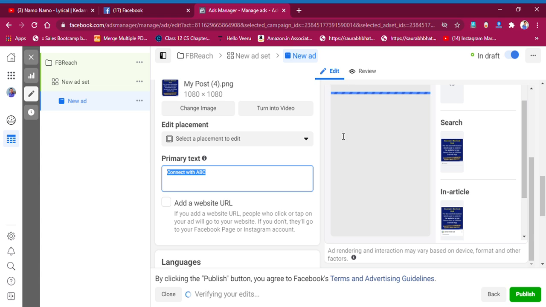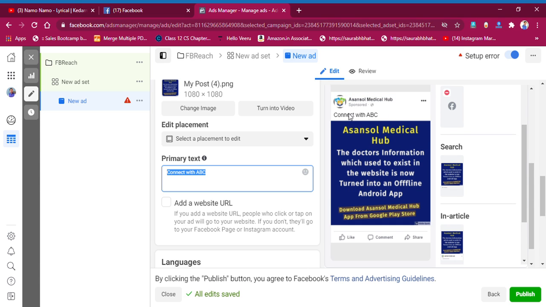See, it's loading over here. For this reason, it's taking some time for this website. See, this type of ad will be seen in a particular timeline of your Facebook. In your Facebook, this one will be seen in your Facebook feed. This one can be seen by people who are going to search regarding particular products or services.